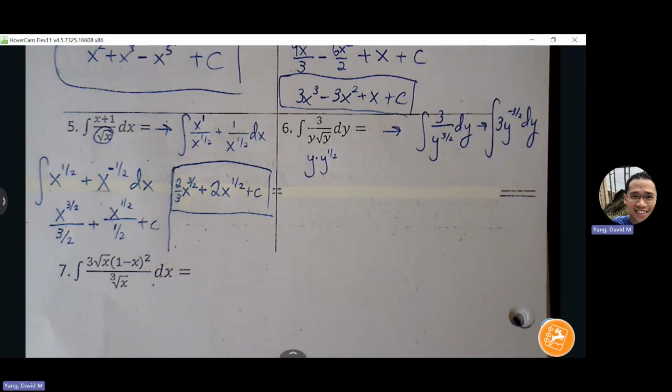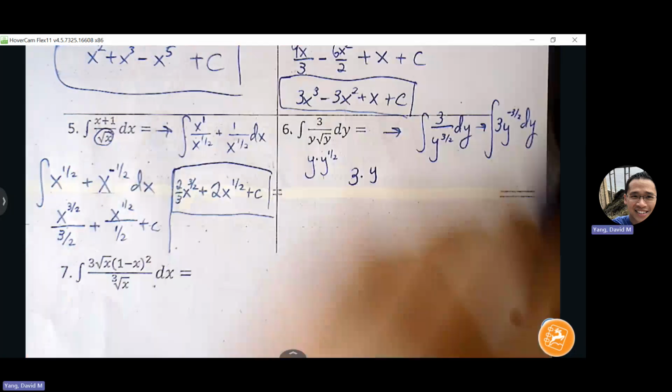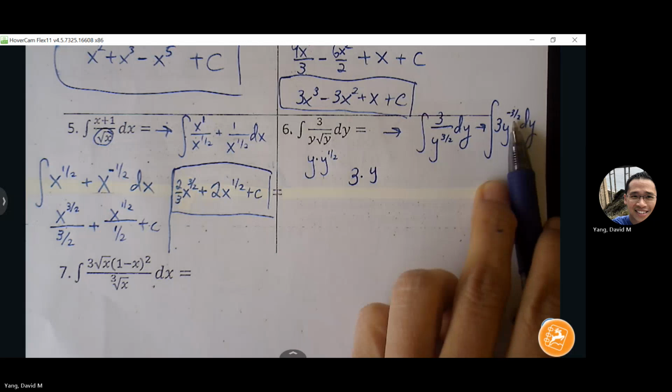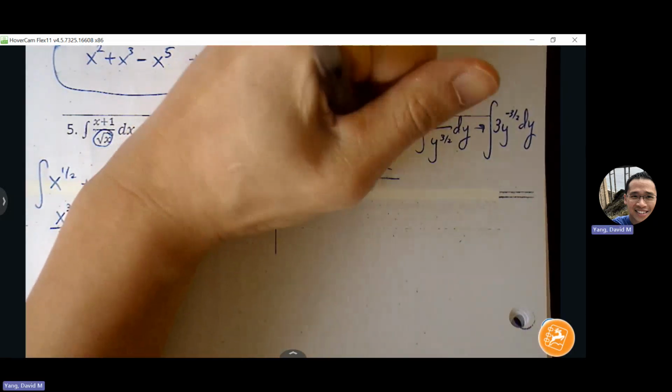Okay. We're now ready for power rule. That 3 can just hang out in front. That 3 has no impact by our rule, but we're just working with power rule for that y to the negative 3/2. Okay, so 3 times y to the, what's the new exponent? -3/2 plus 2/2, divided by